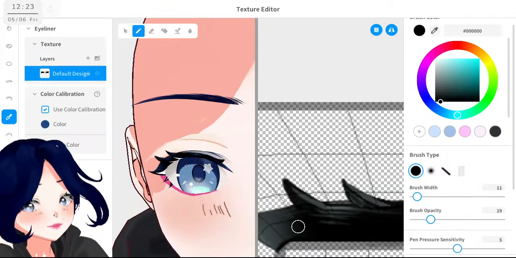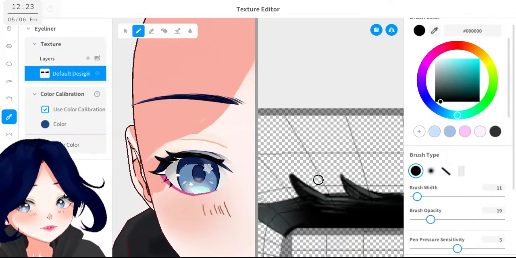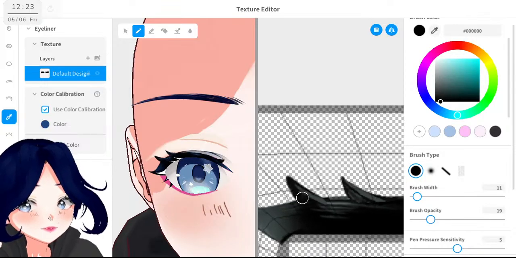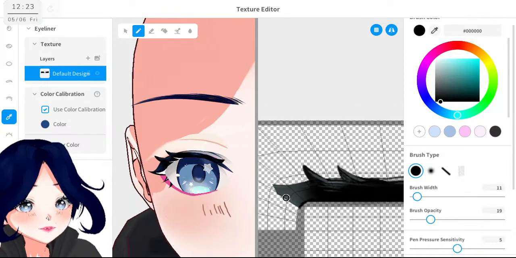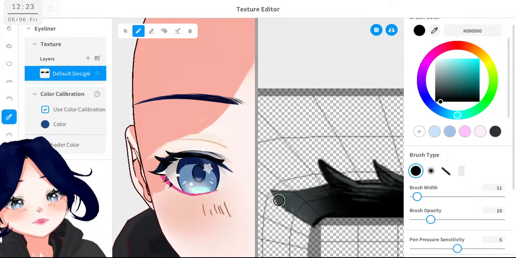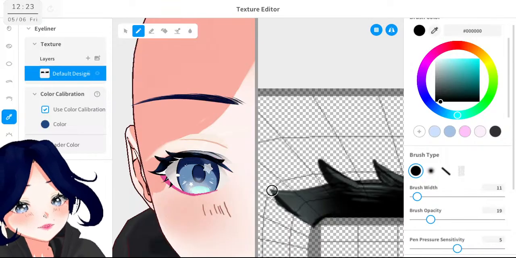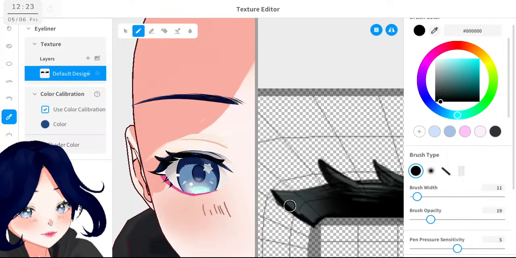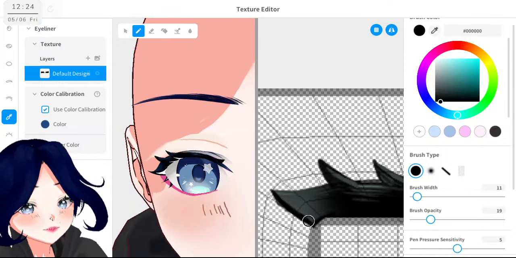I honestly like it so far. Like this one, this eye. The only thing I'm missing is to fix the lower lashes that I have, because I think it looks very cute, like very small triangular lashes.